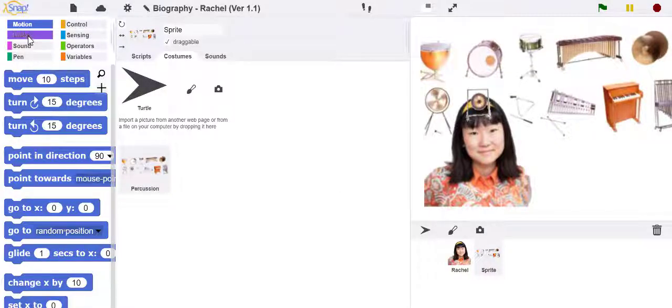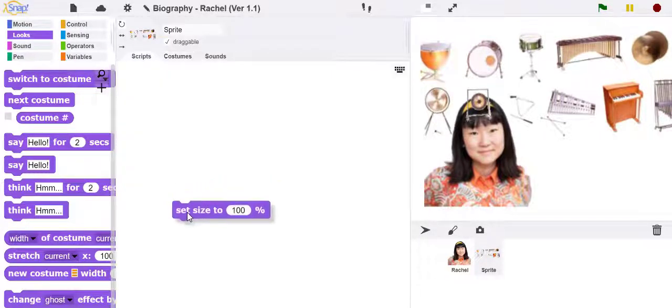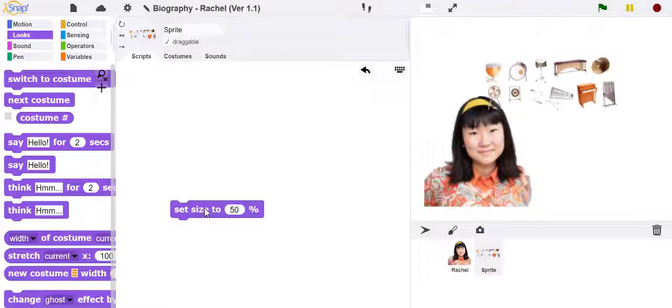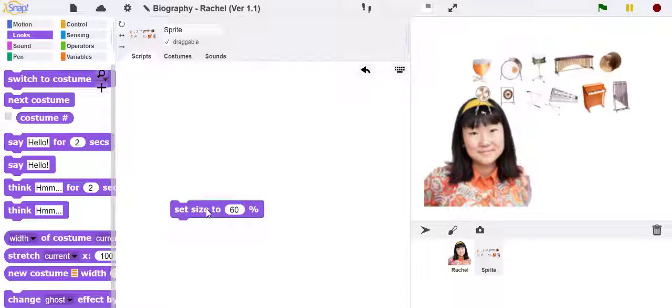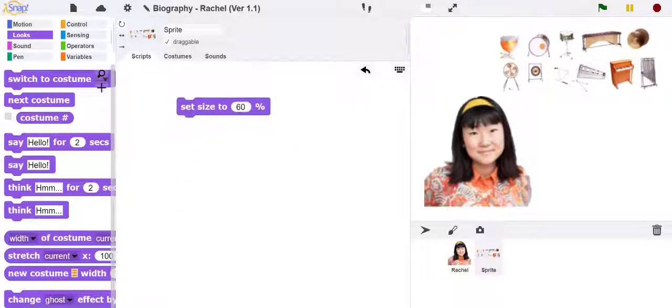We can reduce the size of these a bit by adding a script to set the size. So I'm going to make them about half the original size, maybe a little bit bigger than that. How about 60%? There. So this will be an object that will also fly in from the right-hand corner, and